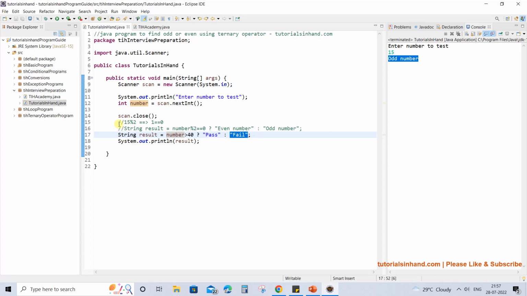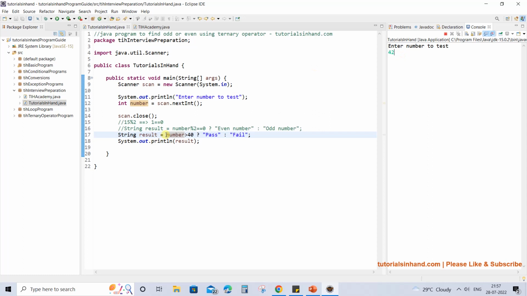Now see, we have already commented this statement out, so this statement is now not in the game. If you execute this code, this will not be considered during execution. This will get considered because this is the line which is not commented. So now if we execute, enter any number, let's enter 42. 42 will definitely be greater than 40, right?